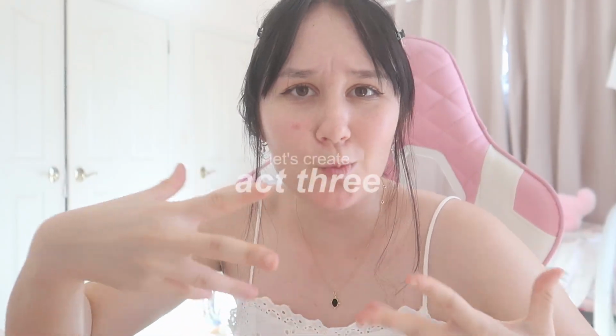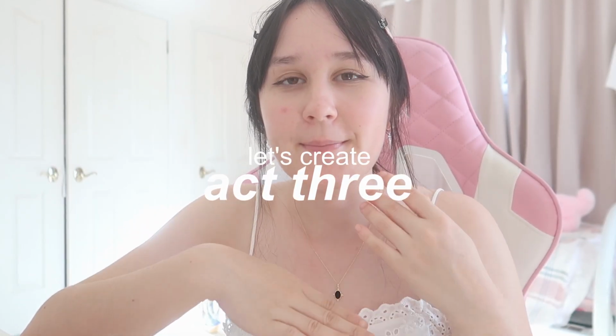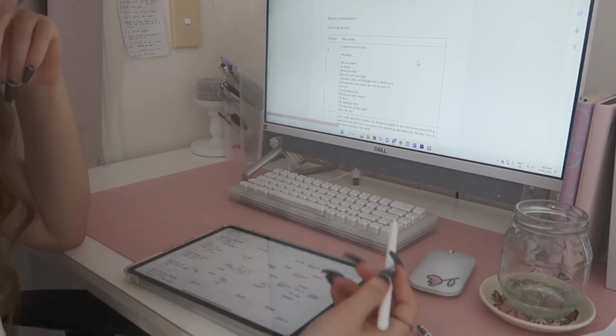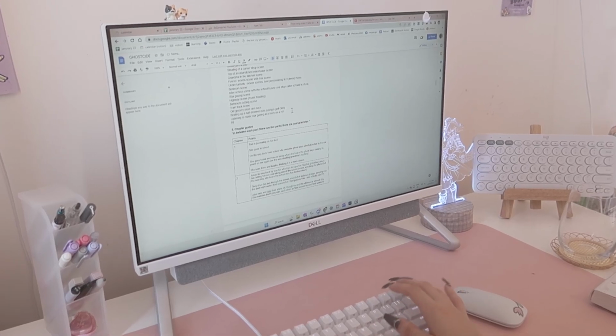So the third act, what happened? This is basically where the resolution starts to kind of come in. I usually actually think of my third act as the climax, which is kind of interesting because technically it's in the second act. The third act for me is the absolute climax, and then what happens after. And usually, at least for my stories, that resolution is barely half a chapter long. That's how small I like to keep my resolutions,